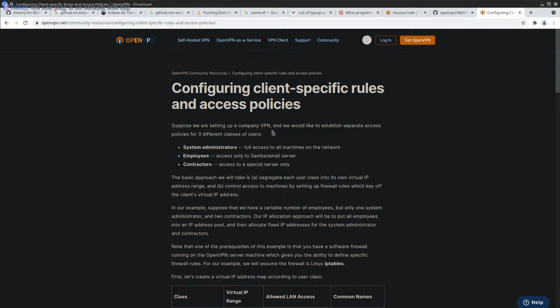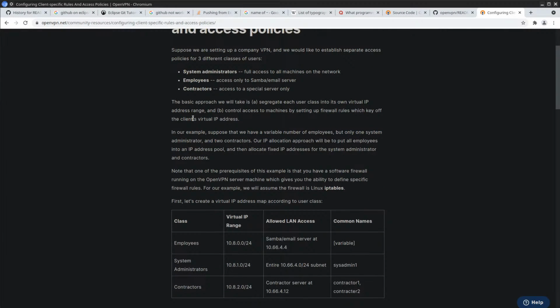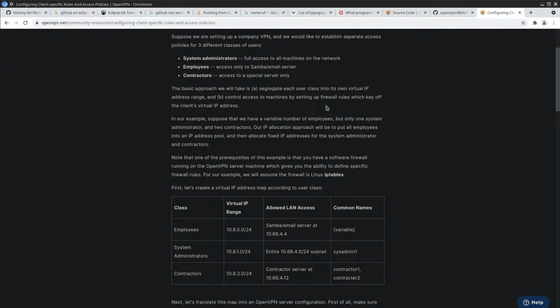Suppose we are setting up a company VPN and we would like to establish access policies for 3 different classes of users. Samba, email service, contractor, the special service. Basic approach, segregate each user class into its own virtual IP.